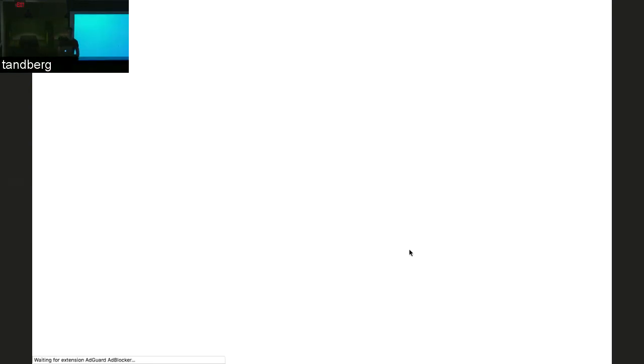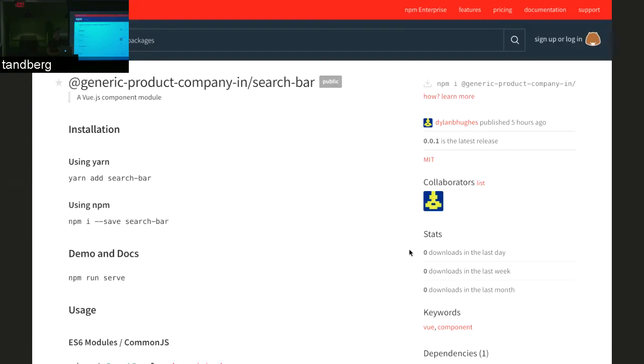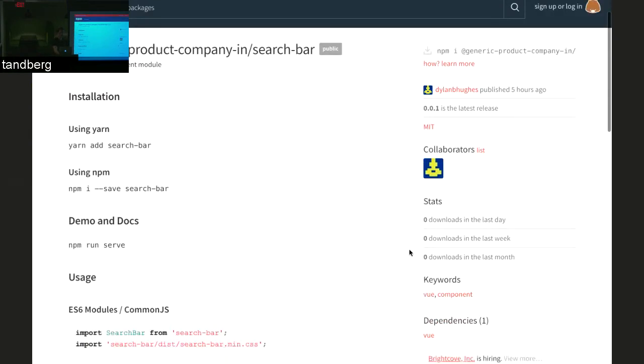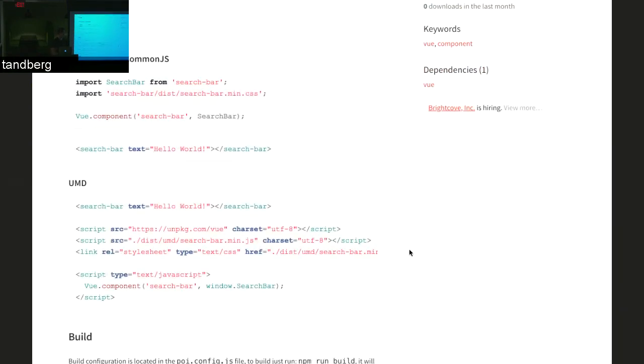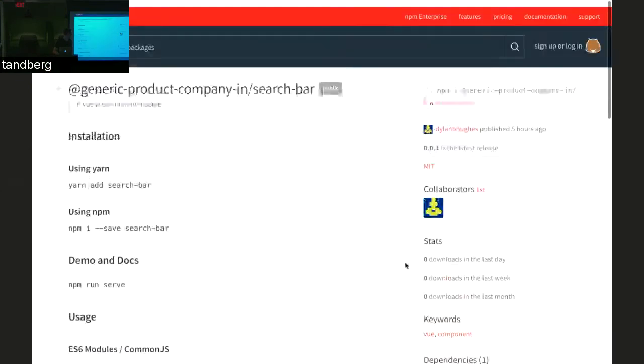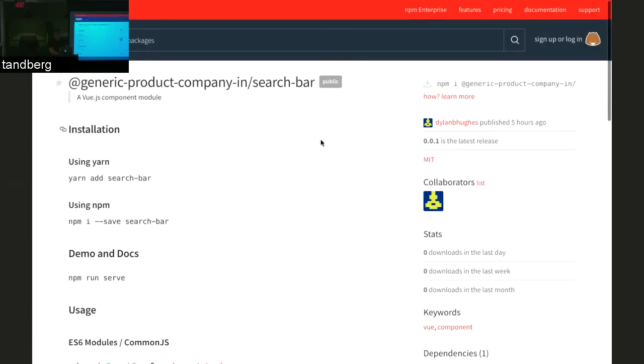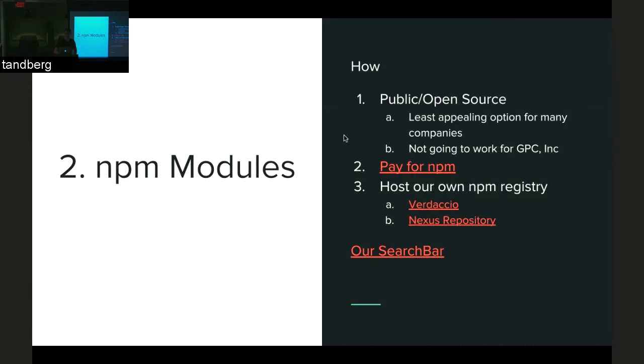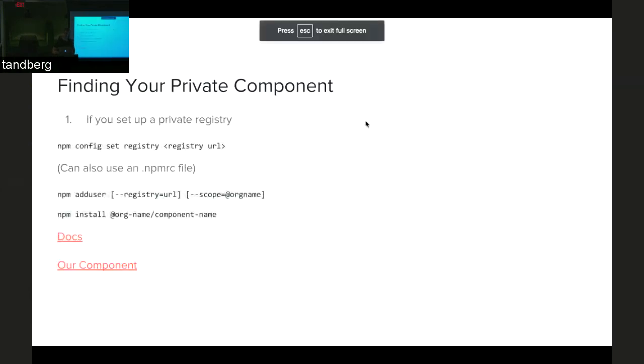So in this context, we have generic product company has its own private NPM organization, right? We have a search bar component, and in there we have a lot of documentation about how to use it, right? How to import it into a module, how to build. Right, and again, there's a couple of different ways to configure this. If you can't read that,